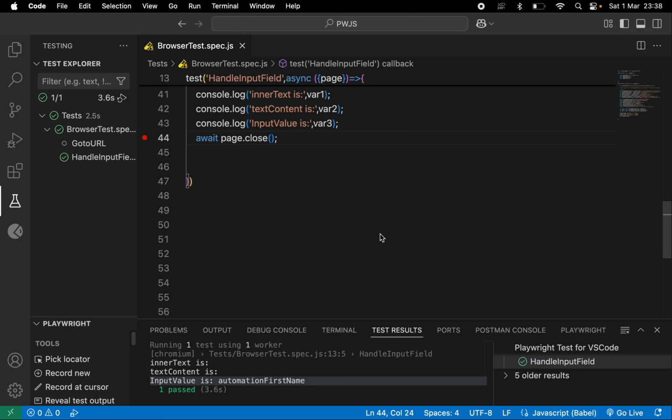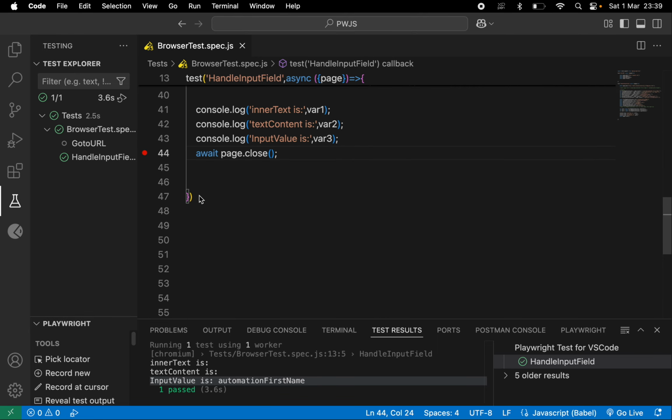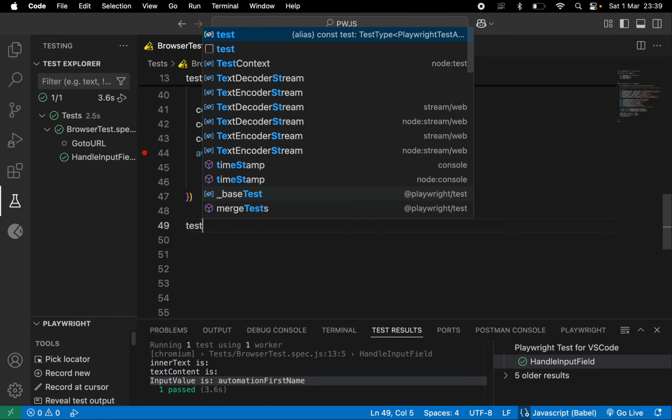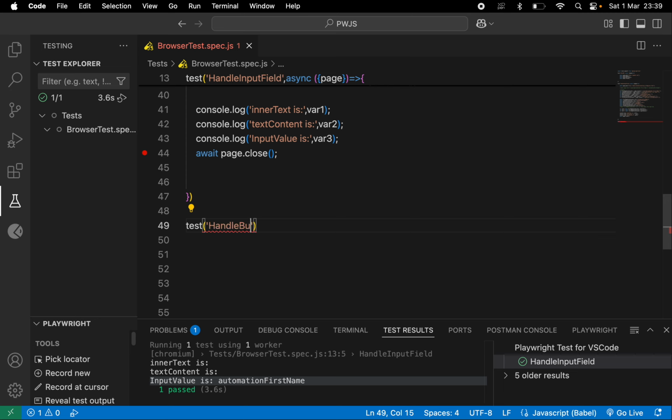So today we will see how to handle buttons in Playwright. Okay, so for that let me create another test case. To create one test case we will use this test function. The first one will be your test title. So basically we can say handle buttons,